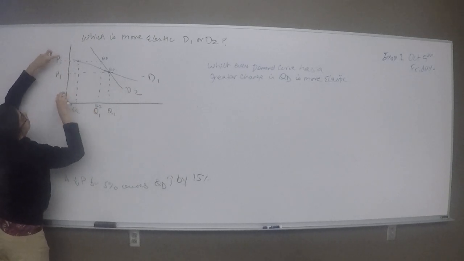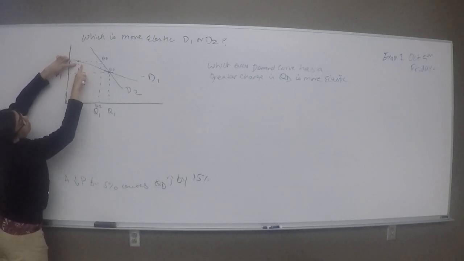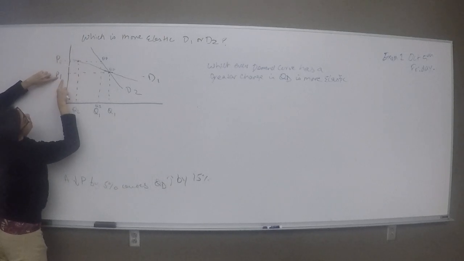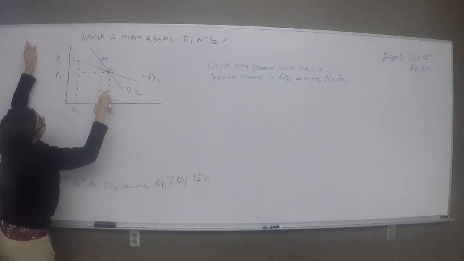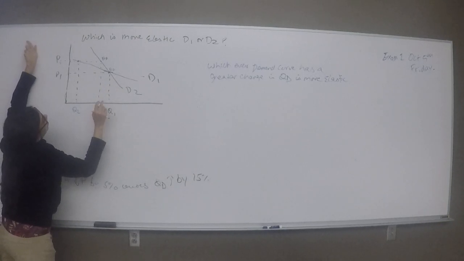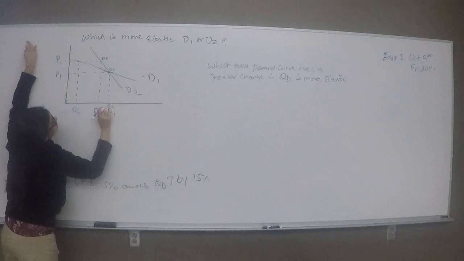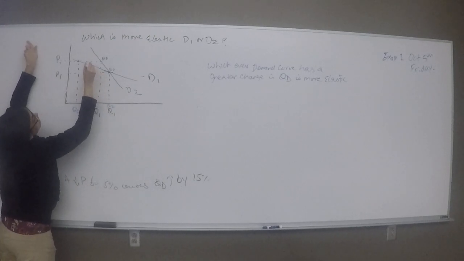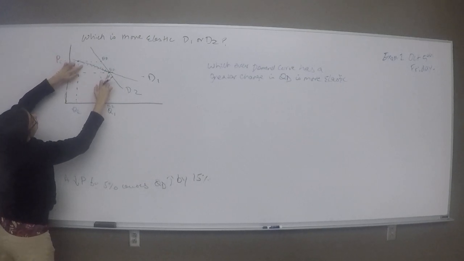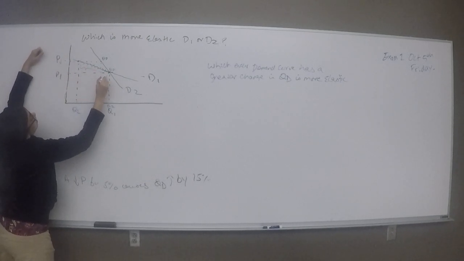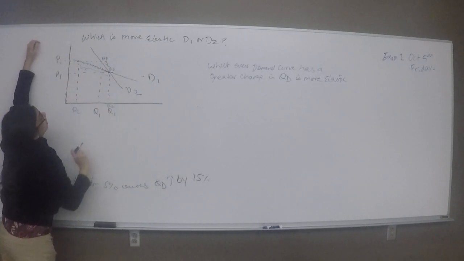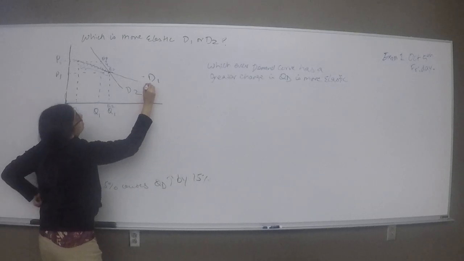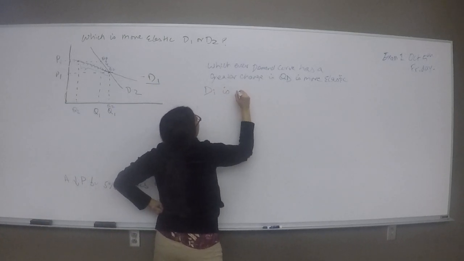For D1, at this price level, quantity demand was here. At this price level, quantity demand is here. So this entire region is the change in quantity demand, which is bigger than this small change in quantity demand. So D1 is more elastic